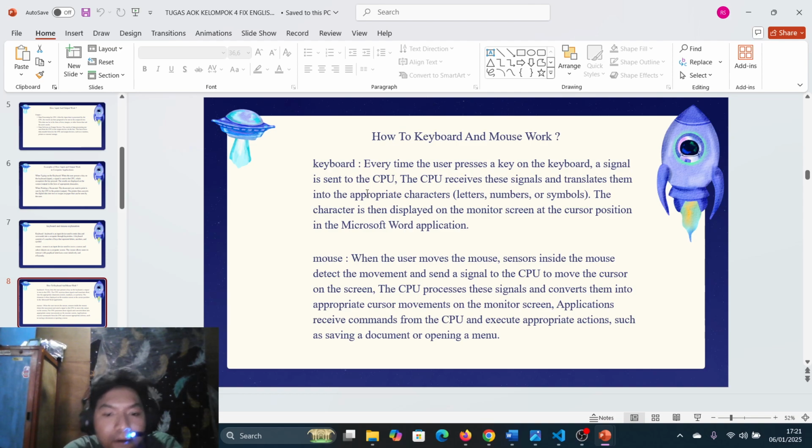Mouse. When the user moves the mouse, sensors inside the mouse detect the movement and send a signal to the CPU to move the cursor on the screen. The CPU processes the signal and converts it into the appropriate cursor movement. On the monitor screen, the application receives commands from the CPU and executes the appropriate action, such as saving a document or opening a menu.